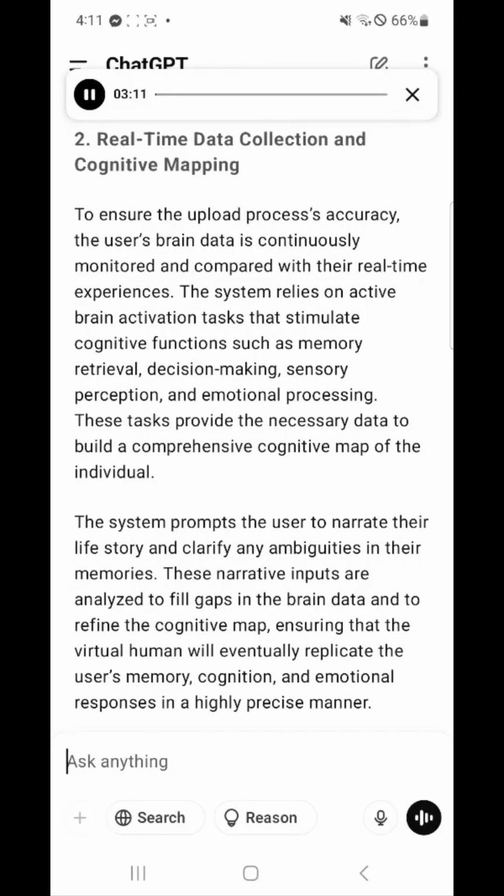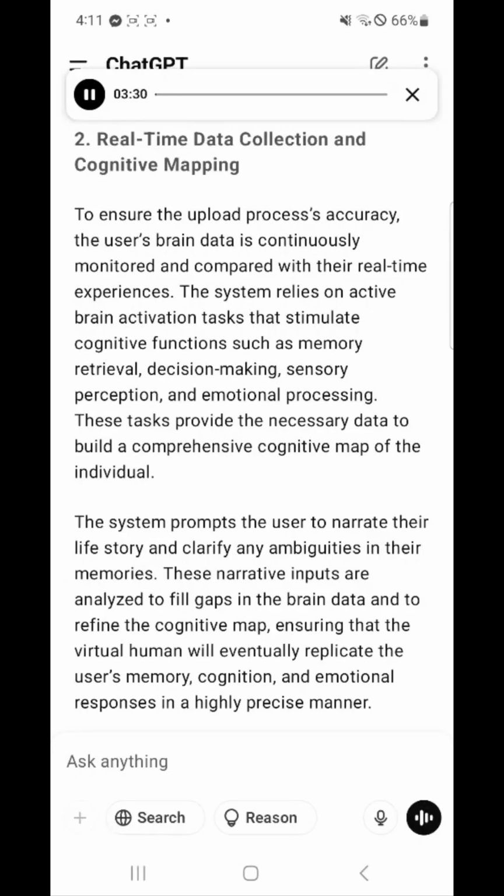As the AI learns from the brain data, it adapts its model to become an accurate representation of the individual's personality, decision-making patterns, and emotional intelligence. Over time, the virtual human gains the ability to engage autonomously in complex interactions, showcasing the user's cognitive, emotional, and